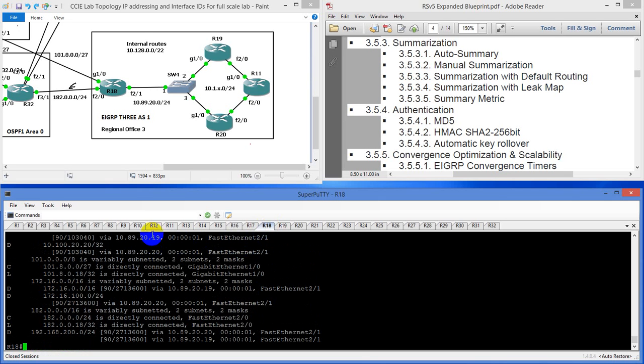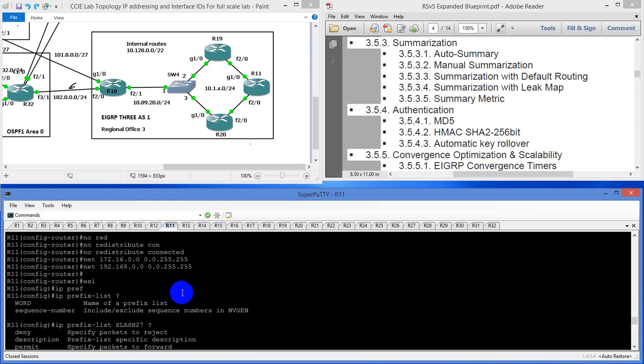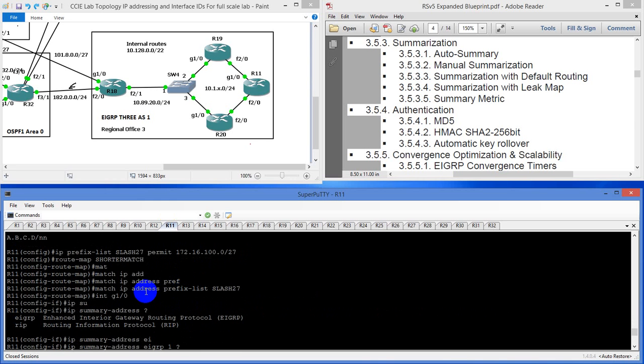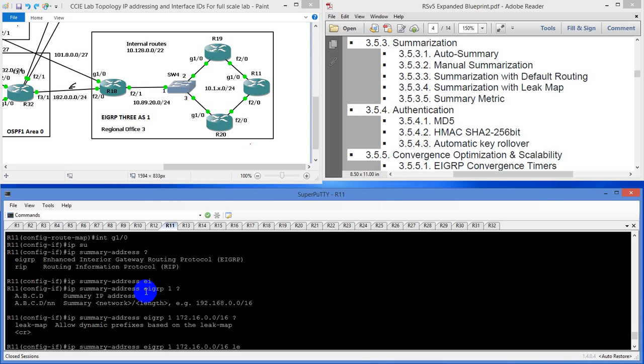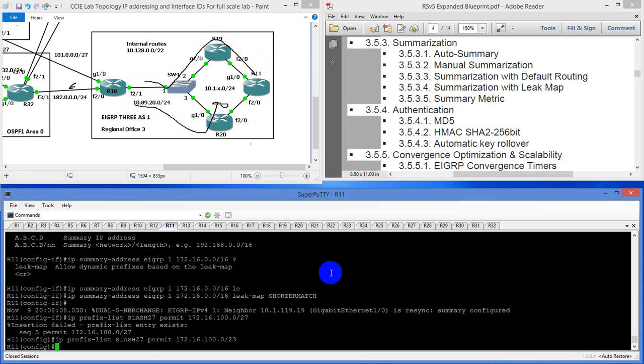So the idea now would be to go to 11 and let's see here. We're advertising it out, summary address, gig 1/0. So we're advertising it this way, but it's preferring this route. And that's because of the fact that we're advertising a /16. So if we were to take the summary address and make that a little less,